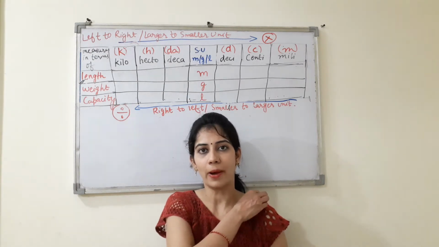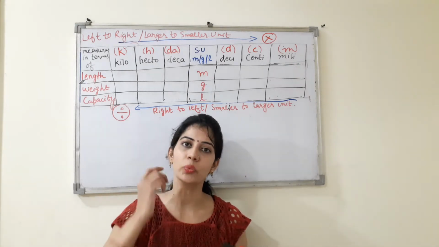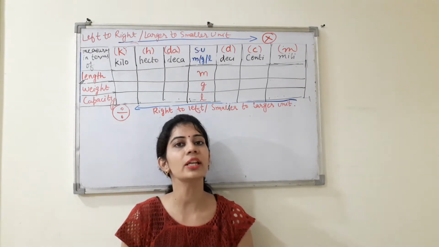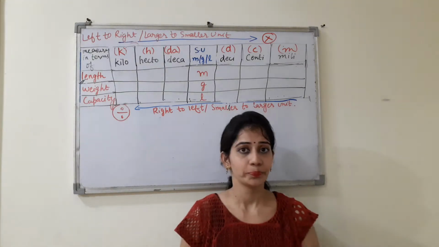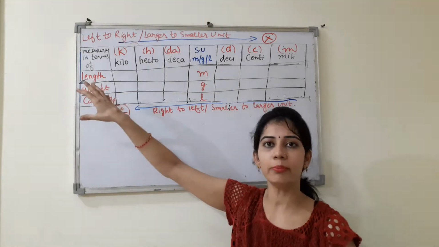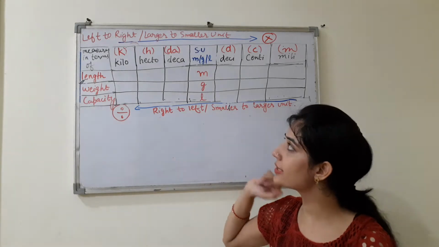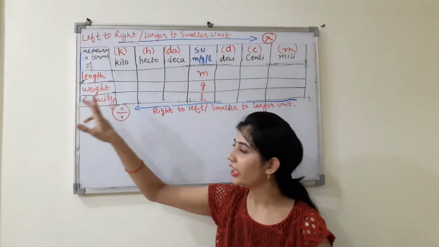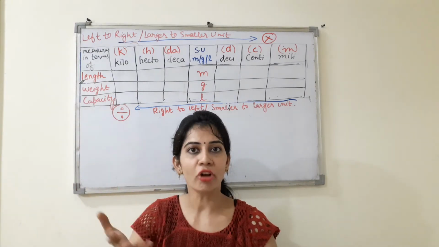Today we will know about the metric unit conversions. That means how can we convert different metric units into some given metric units, right? So we will use this table to convert the different metric units into some given metric units. So here in this table, these are the three terms. So that is the means of measurement.